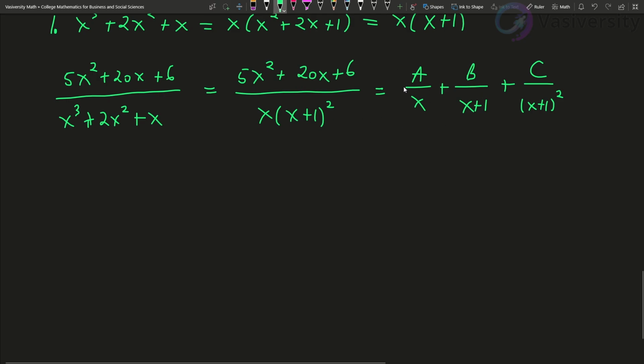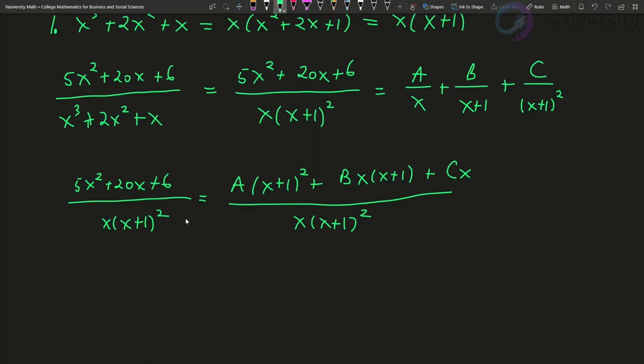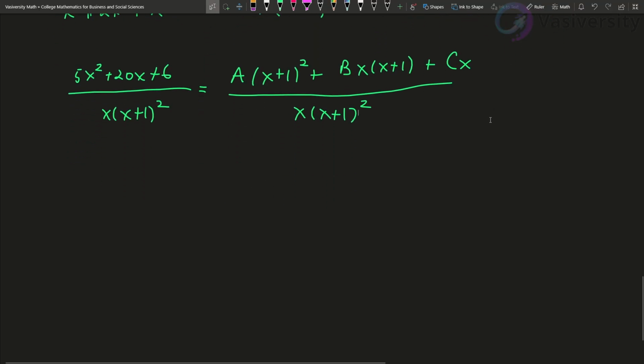So if we simplify, we do the same thing. We multiply them once again. So we're going to have (5x squared plus 20x plus 6) over x squared, and that's going to be equal to A(x+1) squared plus Bx(x+1) plus Cx, and it's all divided by x squared. So the denominators are the same, and the only thing that we care about is the numerators. So step 2, we're going to have 5x squared plus 20x plus 6 is equal to